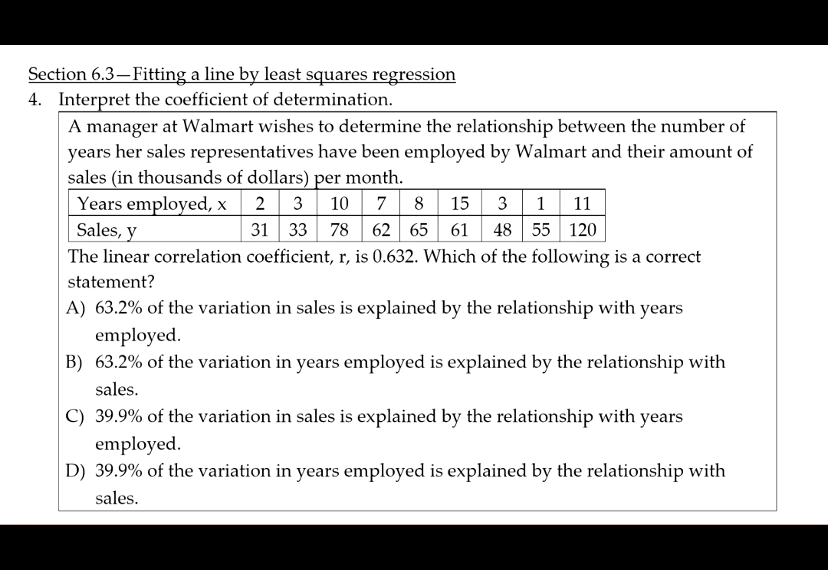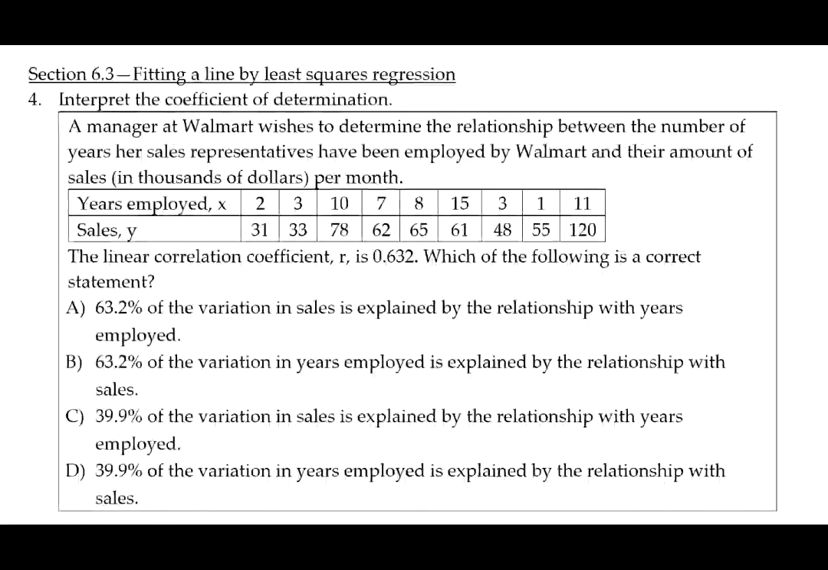Fourth learning objective in section 6.3 is to interpret the coefficient of determination. The coefficient of determination is r squared, so it's the square of the correlation coefficient r. Its interpretation is the proportion of variability in the response variable that is explained by the relationship with the explanatory